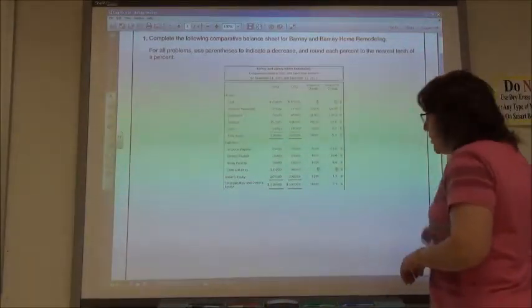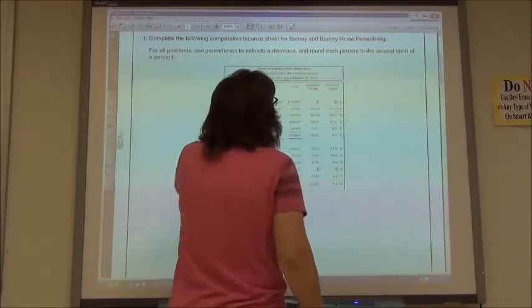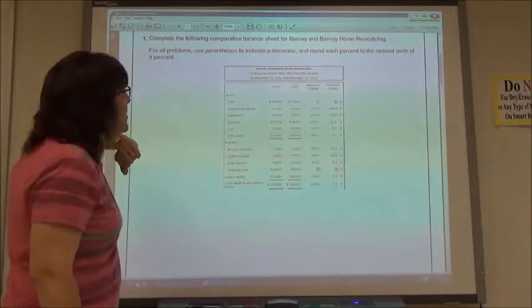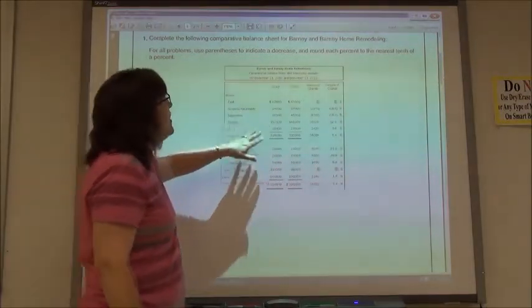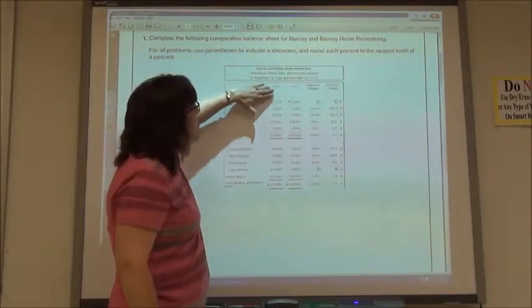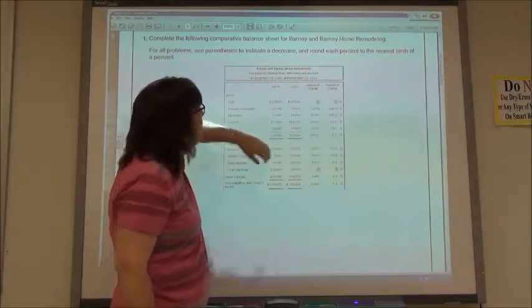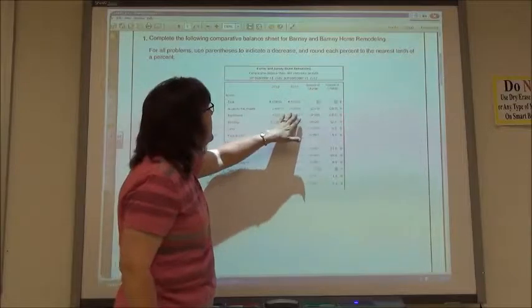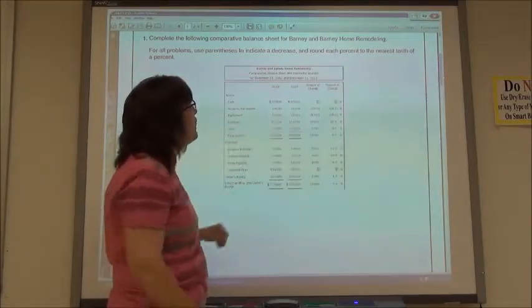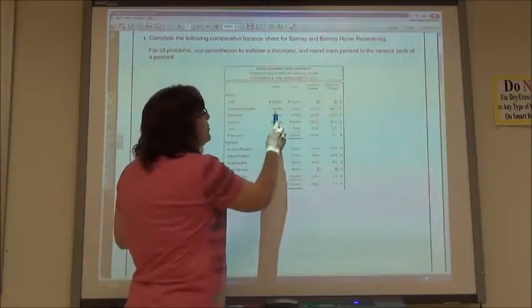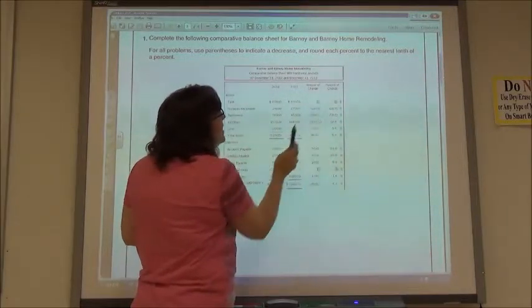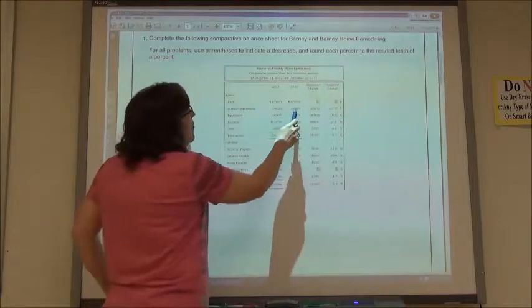So you'll notice when you look at that table that they did some of them for you. If I just look at the accounts receivable here, what they're doing is comparing the current year 2013 to the previous year 2012. So when they found this, they found the amount of change first. It went from $27,000 to $24,030. So they subtracted and said that they had a difference there of